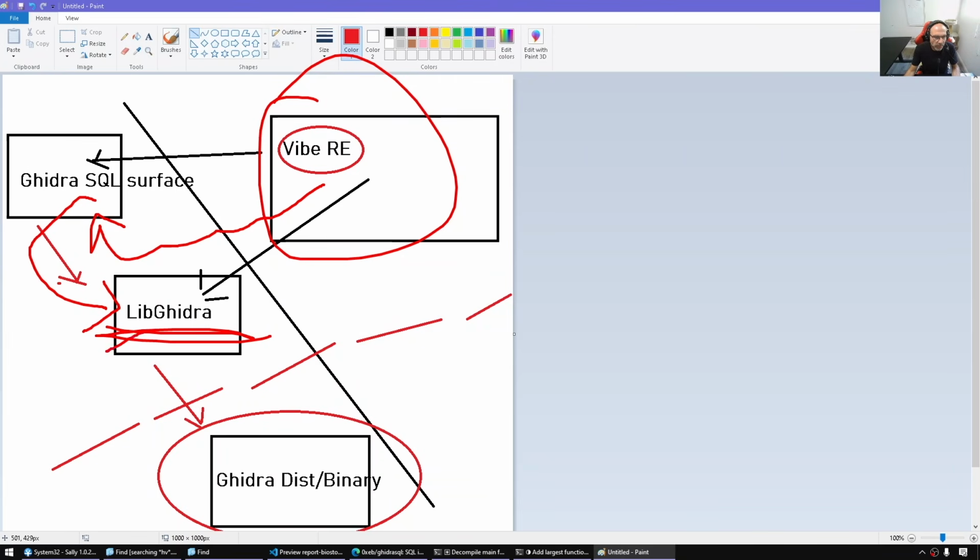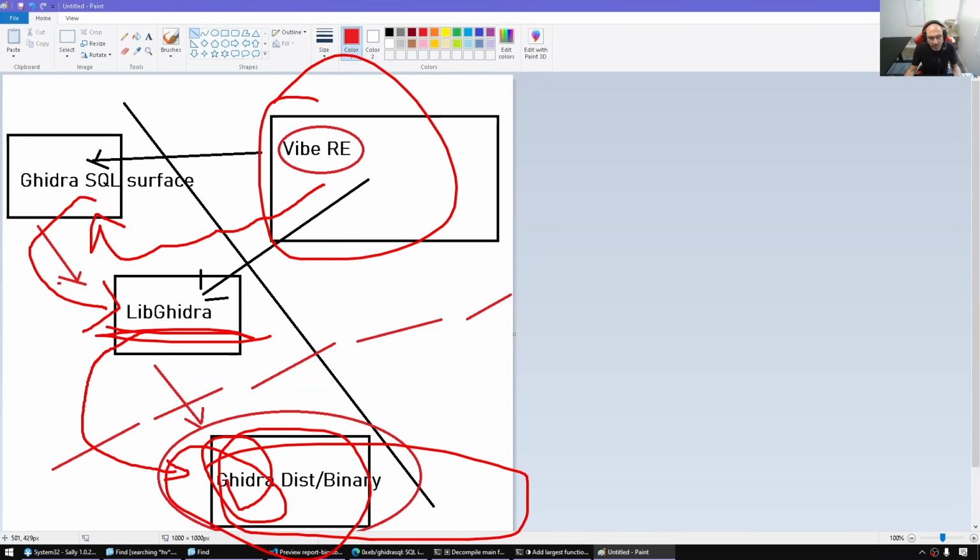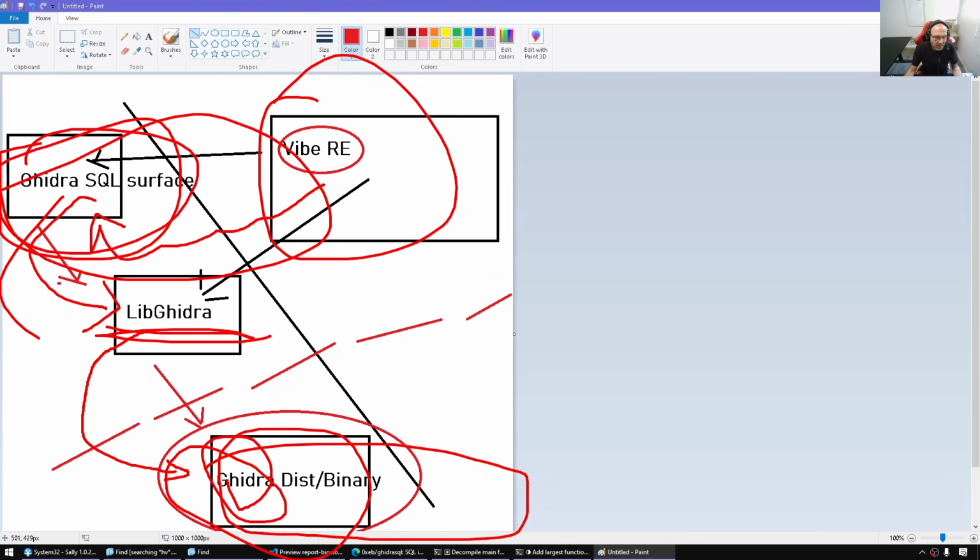It will invoke the Ghidra batch file, which will run Java and instruct it to load the libghidra host Java extension at a given port. And now when we connect, GhidraSQL, which statically links with libghidra,